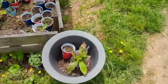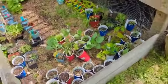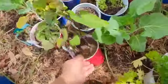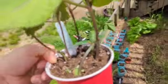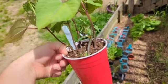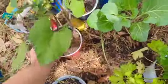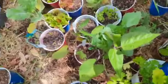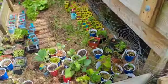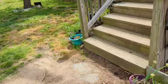Don't remember if I said, I might have just glossed over frost damaged banana. These are the burgundy bush beans that are growing with the sweet dumpling squash in them. So yeah, that'll have to get fixed here in a bit. Don't want that to fall over. And around the side here,